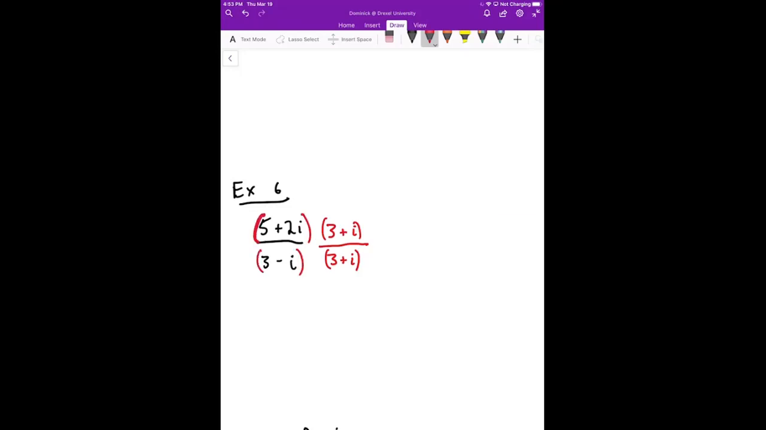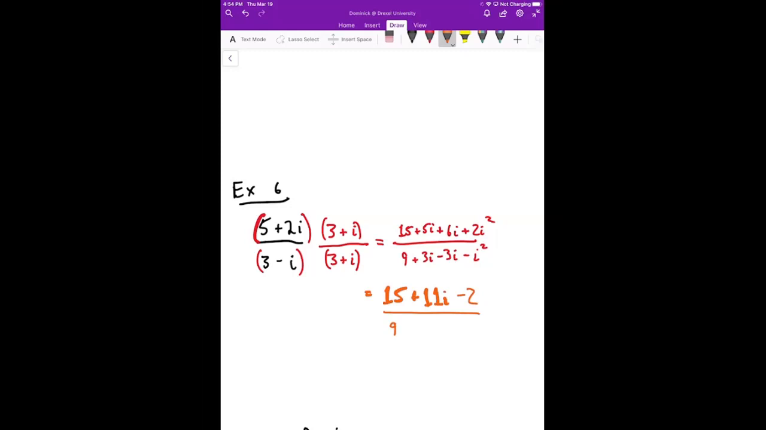And now we're just FOILing, right? So in the bottom, I get a 3 times 3, which is 9, plus 3i minus 3i, and then a minus i squared. Right? So now on the top, we get 15 plus 5i plus 6i plus 2i squared. So now if I change all of my i squareds to negative ones, I'm going to get a 15, and let's combine some of these. So we'll get a plus 11i, and then minus 2